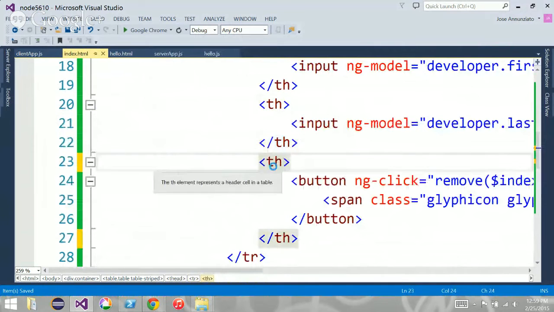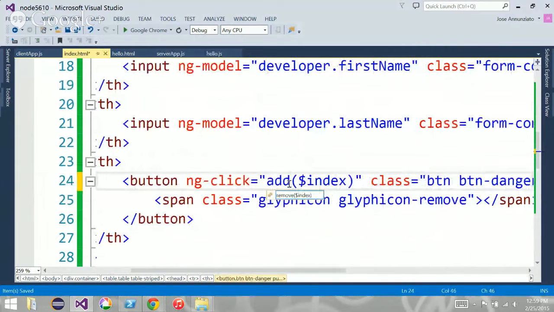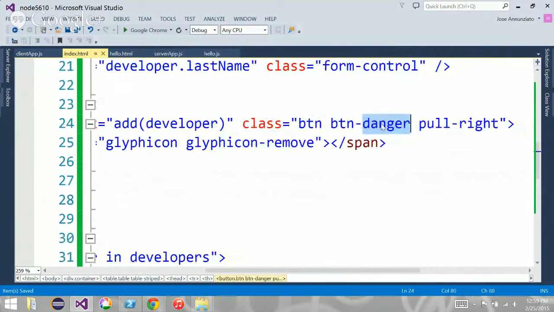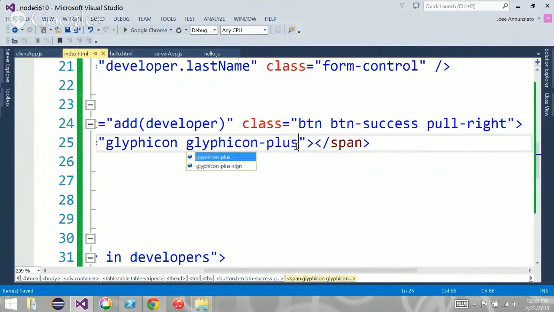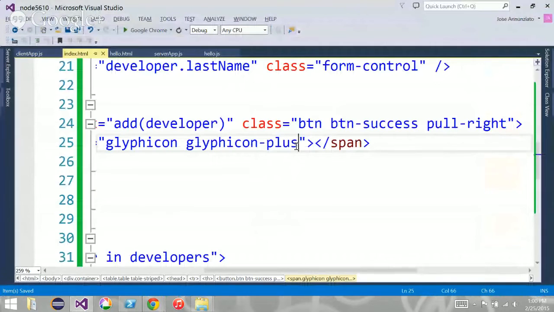Using th. But it's going to call add. It's going to call some other method, and it's going to pass as an argument the developer. Instead of being red, instead of being danger, I'm going to use success, which makes it green. And instead of an X, I want a plus sign. I think it's just plus. So if I refresh, I got the form at the top, or maybe a placeholder to tell me that one is first and the other one's last. So now we have the form, but we still haven't